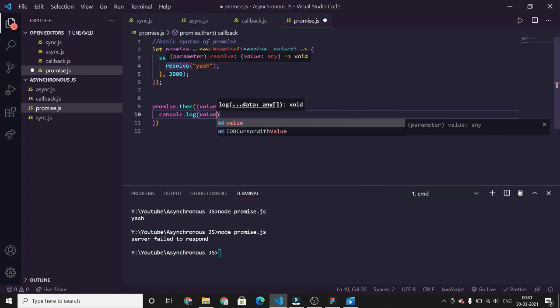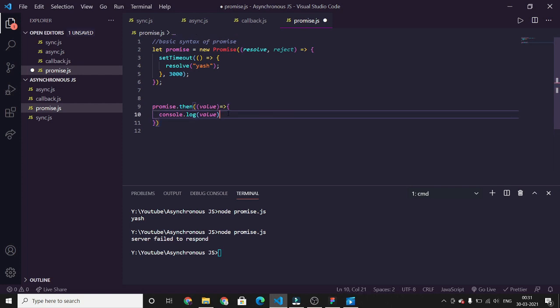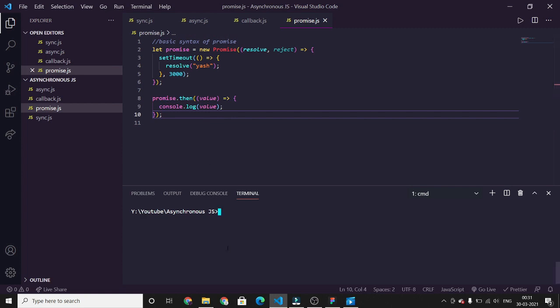So whenever the promise is resolved with a value, it executes the then block. So just save it and we will run node promise.js. As you see, it is showing yes after 3 seconds.